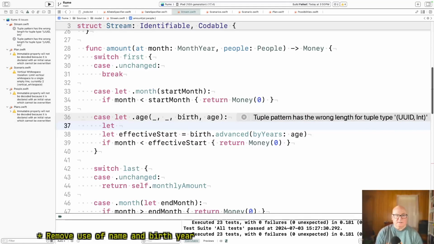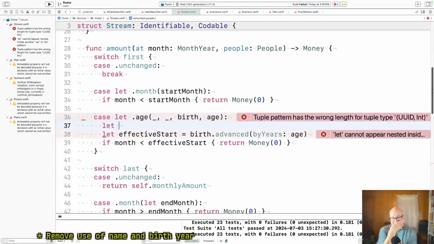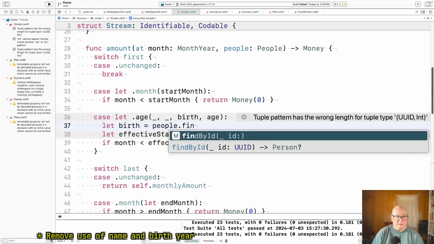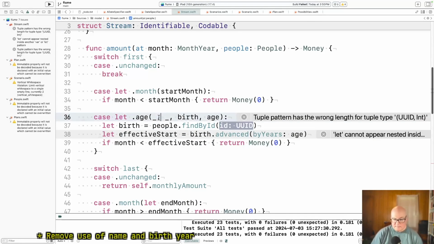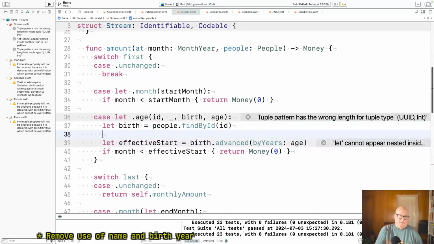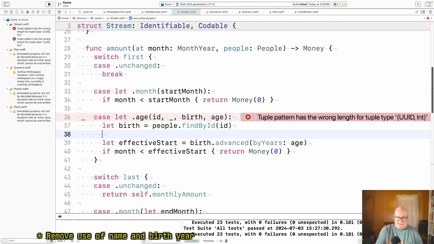Okay, so let birth equal people dot find by ID. ID. Okay. And now if this is,